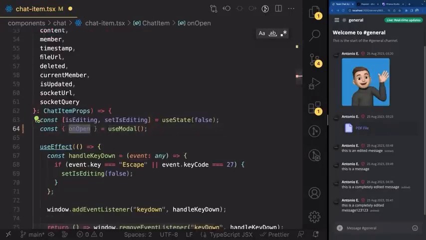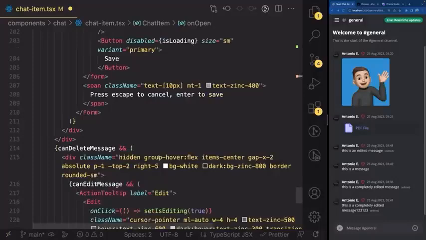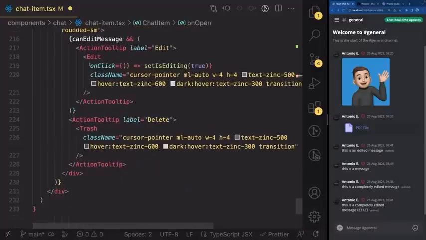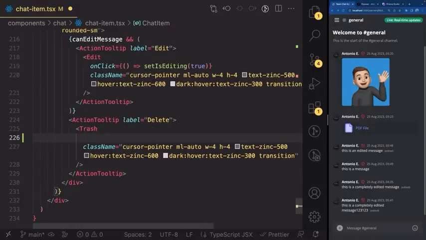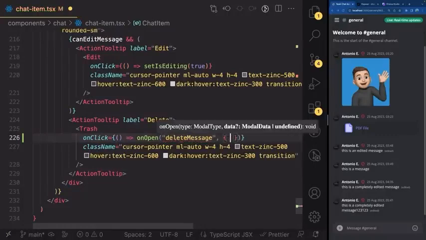Now let's call this on open when we press on the trash icon. So let's go all the way down above everything, and there we go. So we have an on click for our editing, but for our on trash, we're gonna have on click, which is going to call an arrow function, call the on open, call the delete message modal, and the data is gonna be